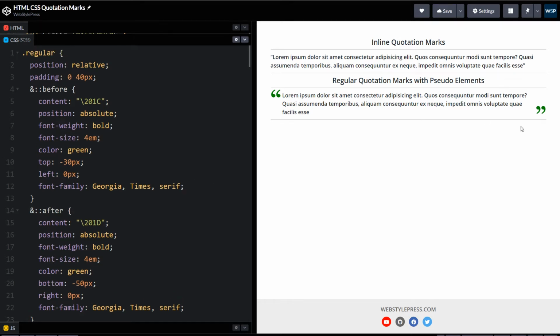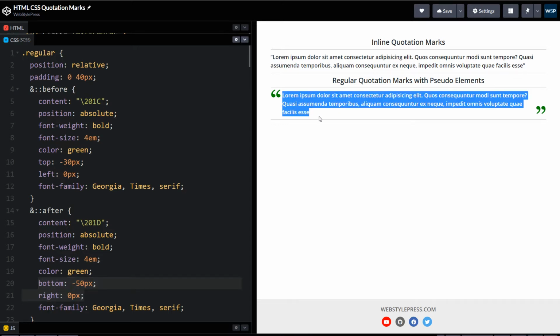But now we have got another problem. This closing double quote is at the right bottom and not where the text ends. Shouldn't this ending quote be here instead of here? We have used positioning. We can position it here, but what if this text changes and increases or decreases? So in this scenario, by using CSS pseudo elements, we are bound by this. This closing quote will be at the right corner and cannot be added right after the text.